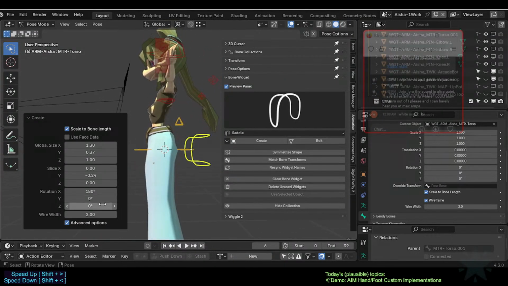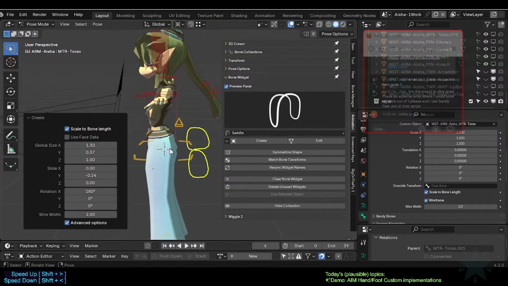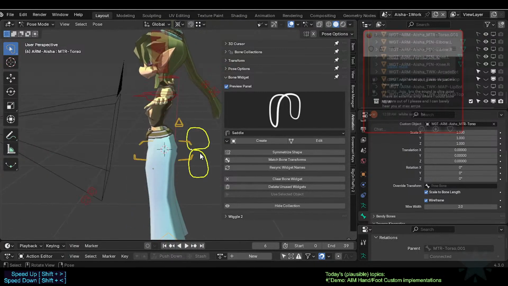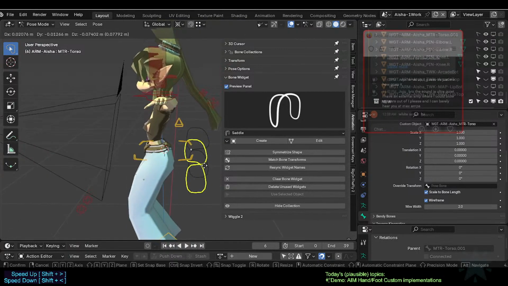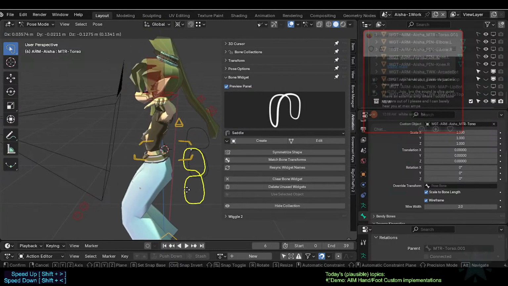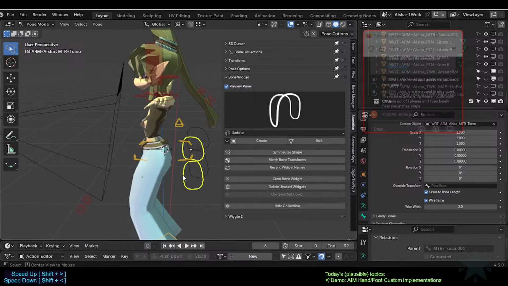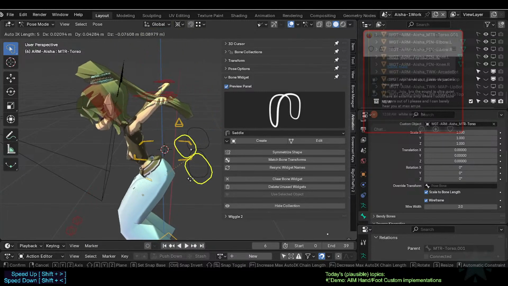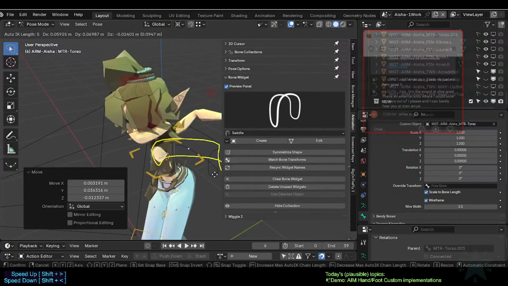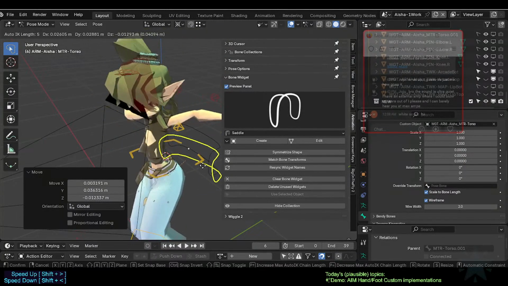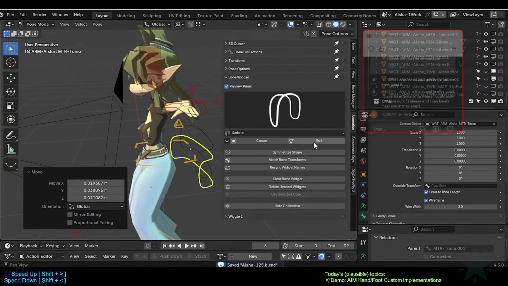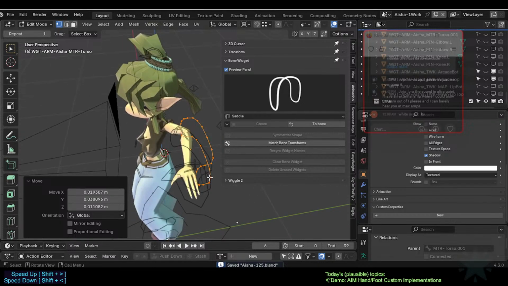Yeah, so this is my idea here. Let's see. All right, so yeah, so this is why I've done this. So let's edit here, and